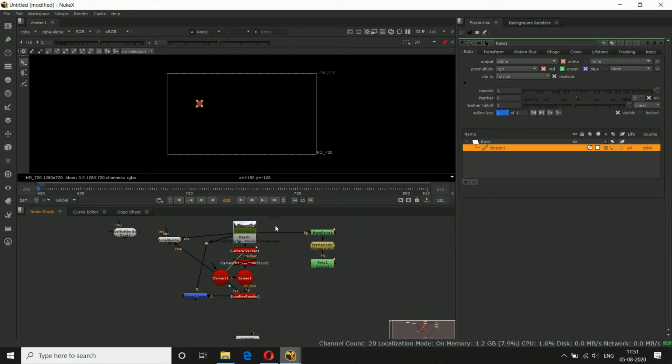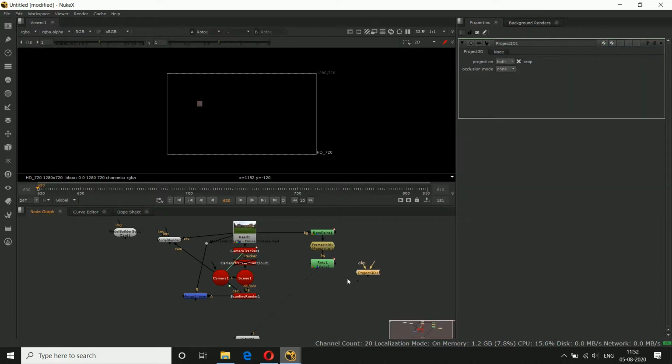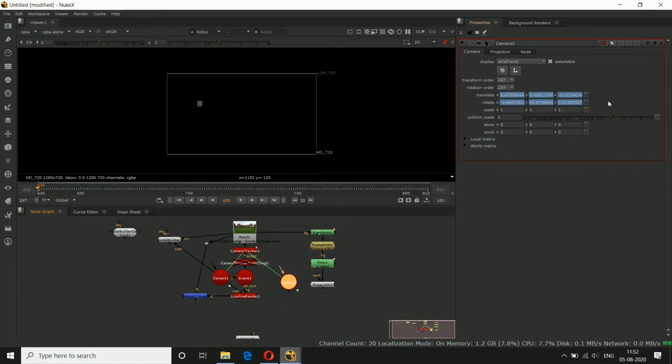Now we have to project this patch onto the card. So we'll take one Project3D node. We have to project this. For the camera, we'll take Control C, Control V. We'll delete all the animations of this camera at frame 630. Left click, no animation on all knobs.